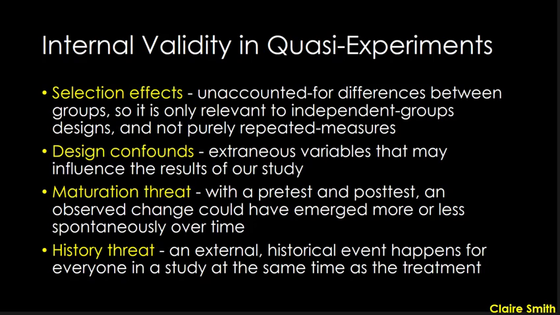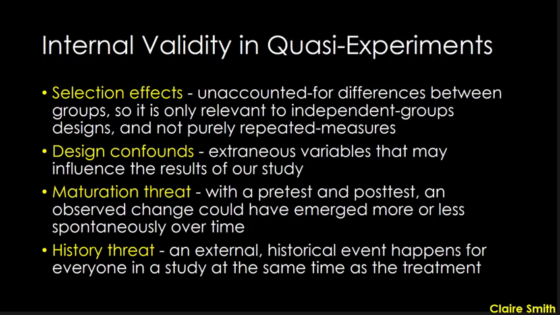Because you would see if there's a maturation threat, you would expect to see that with both the control group and the group who underwent surgery. So because we had a control group, we can kind of rule out a maturation threat. And then the last threat on this slide, at least, is the history threat, which occurs when an external historical